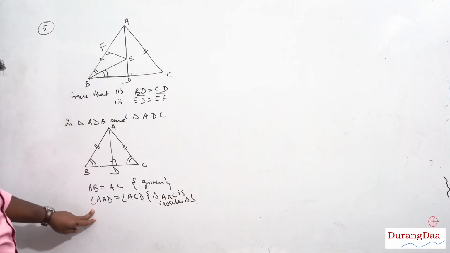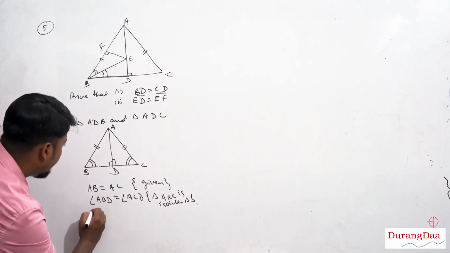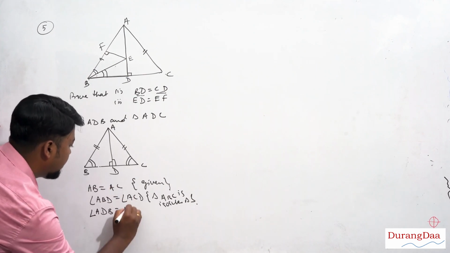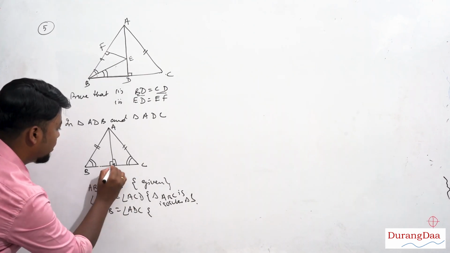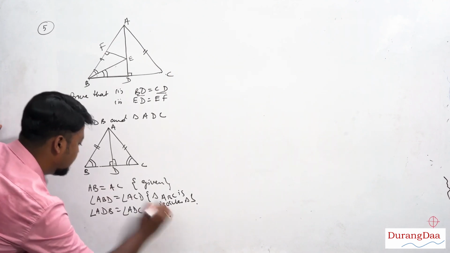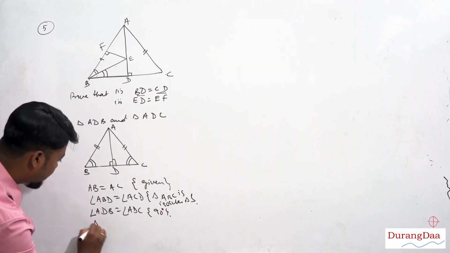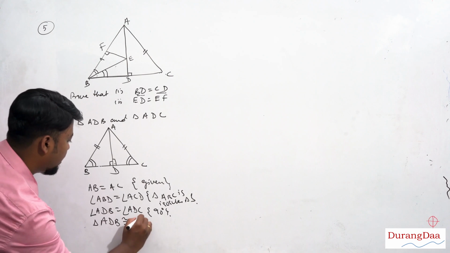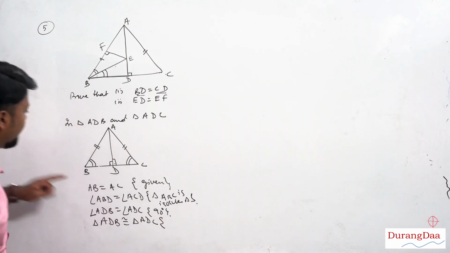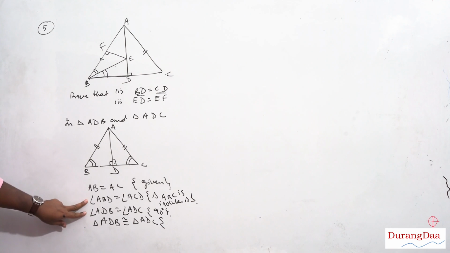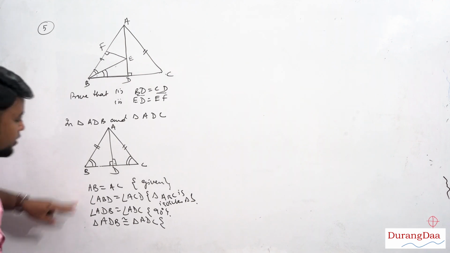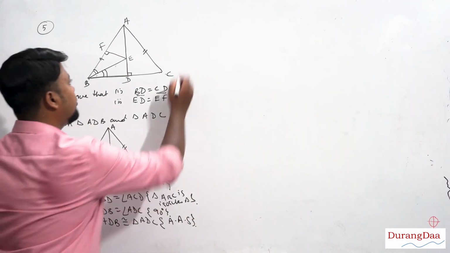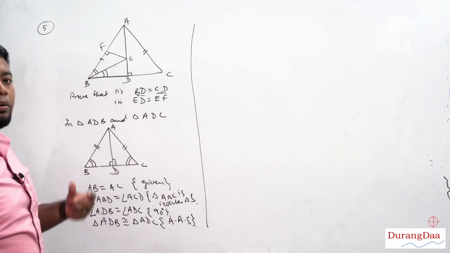All right. Now the third part, angle ADB is equal to angle ADC. It is 90 degrees. Both the angles are 90 degrees. So we have finally proved that triangle ADB is congruent to triangle ADC. The reason would be, we have used two angles to prove them congruent and one side, so the reason would be angle side. All right. Now once you have done this, the two triangles are proved congruent.